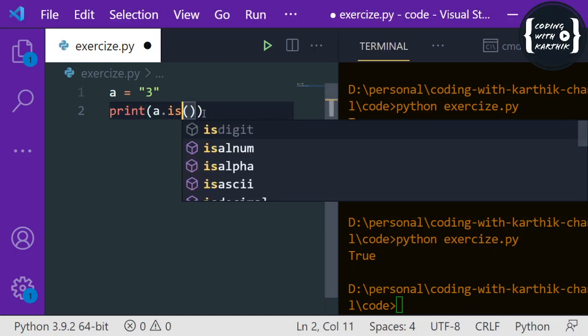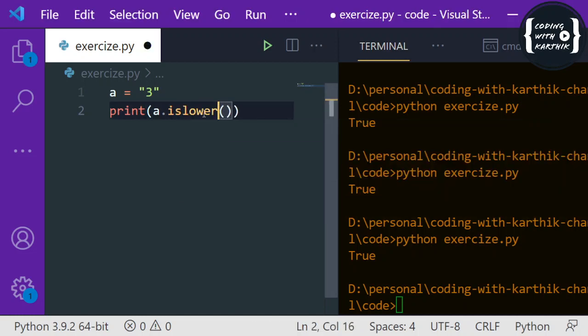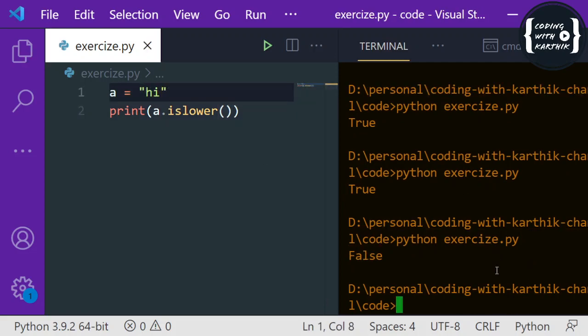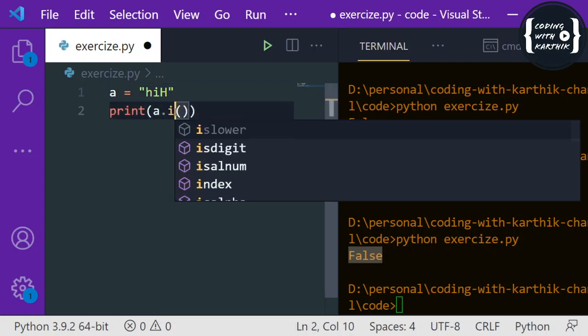If all the characters are lowercase, then it will return true. If I give only lowercase alphabets, it becomes true, right? But if I give one more uppercase character, then it becomes false. That means if all the characters in the string are lowercase, it will give true if you use islower.